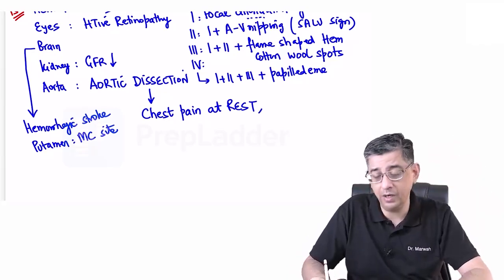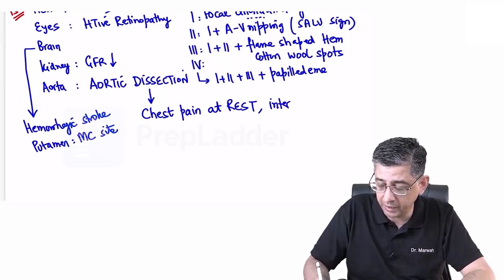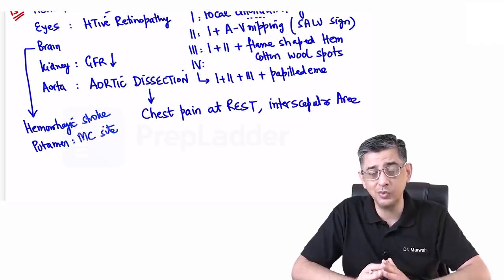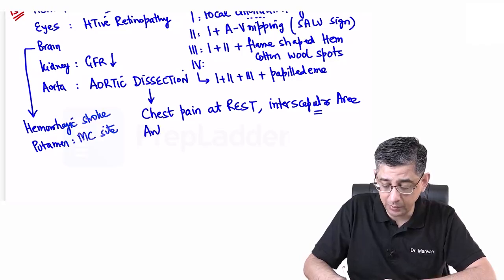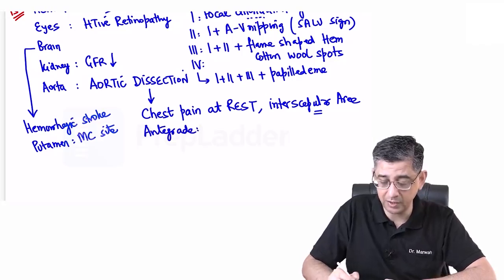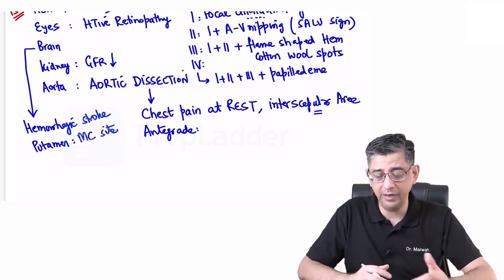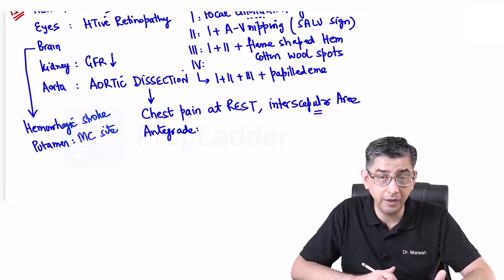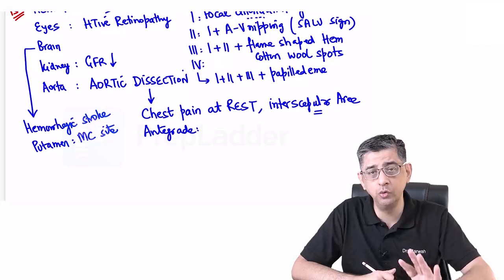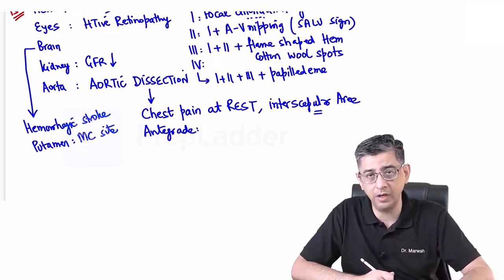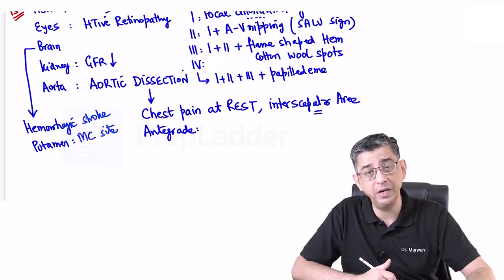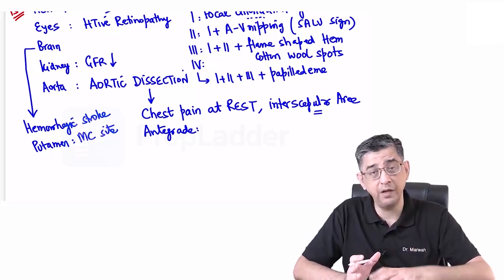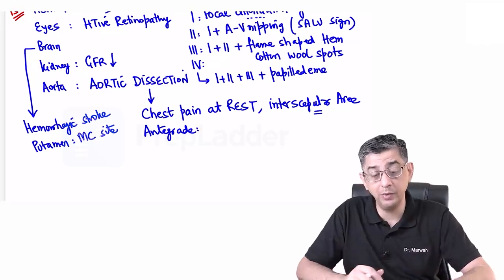So when you read about chest pain at rest, which is mainly concentrated in the interscapular area, this is one of the very good points that tells you this could be aortic dissection occurring in a patient. Apart from this, the aortic dissection can travel anterogradely or retrogradely. If it travels retrogradely, there can be coronary artery dissection. Then this guy is doomed because you cannot do thrombolysis in coronary artery dissection. So if the tear goes in a backward direction, the chances of survival will be even lesser because of coronary artery dissection. If it travels anterogradely, even then there's a problem, obviously, because there could be involvement of